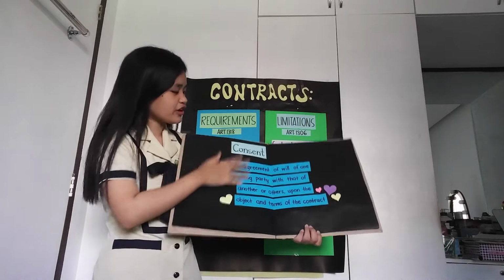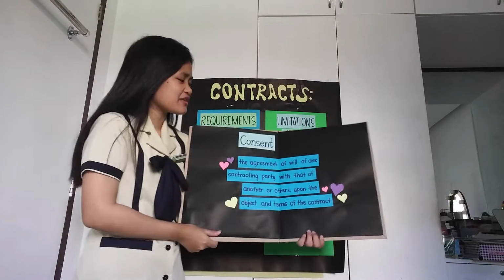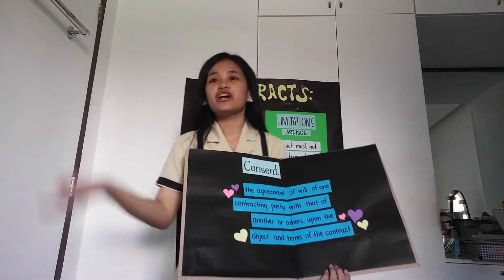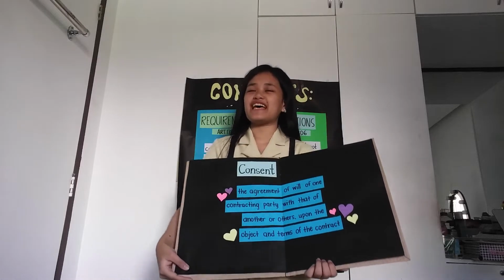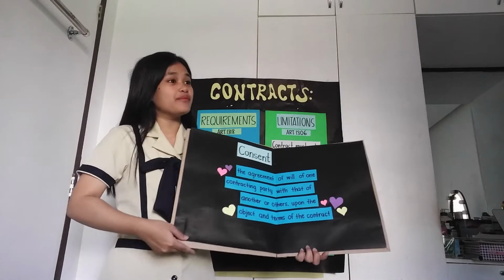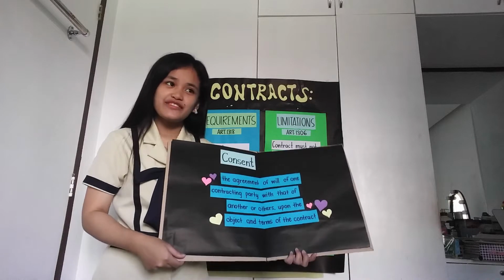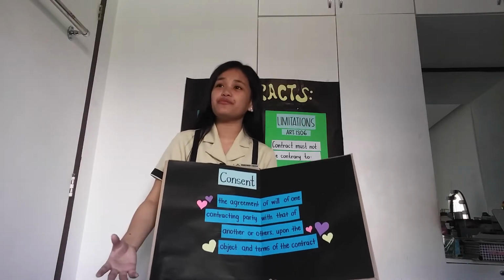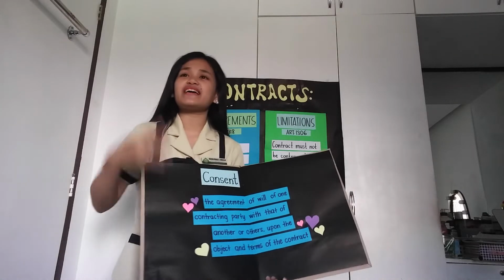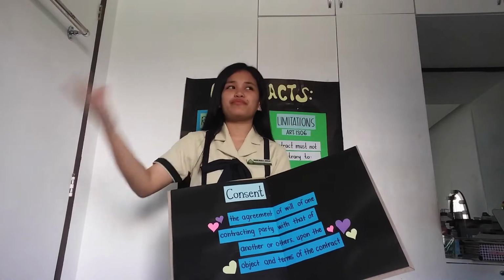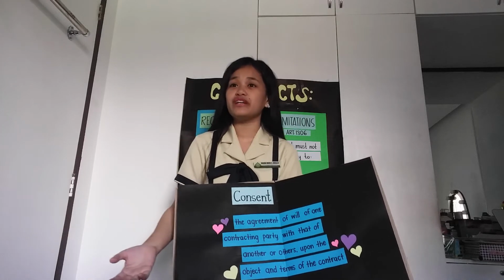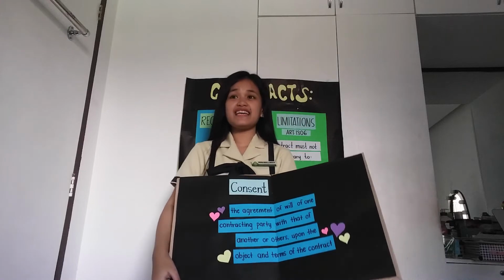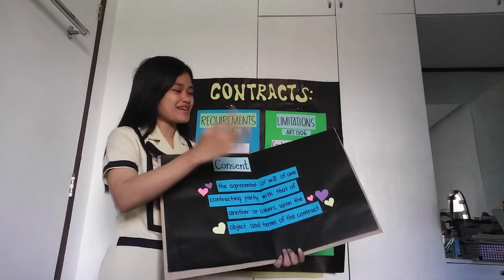Okay. So for consent, simply put, this is the agreement of all individuals involved in terms of the object, terms, and conditions that are stipulated in the contract. So, Danielle, do you have anything to add for the class? Good. That's right. Consent is very important because after all, a contract is an agreement. If someone in the parties does not agree with one of the conditions, then that contract will be considered invalid. That's correct. Thank you very much, Danielle.